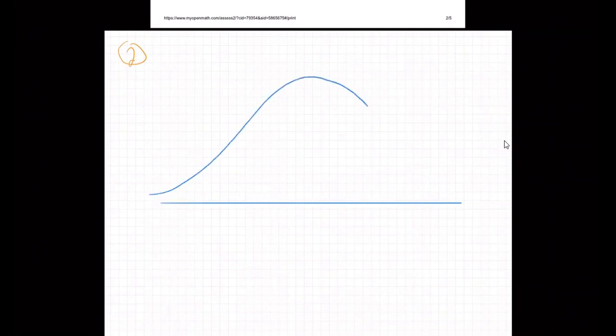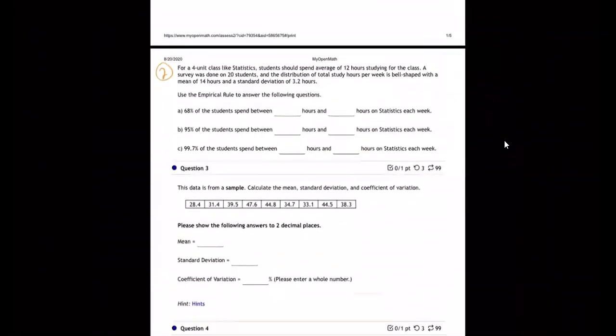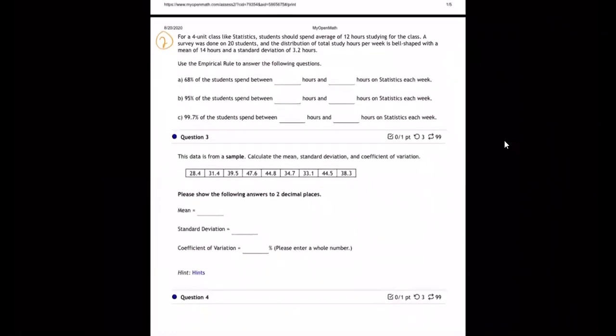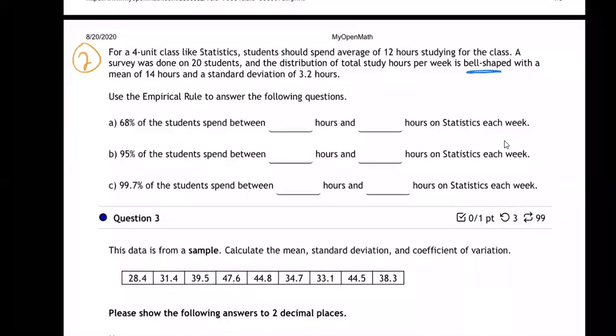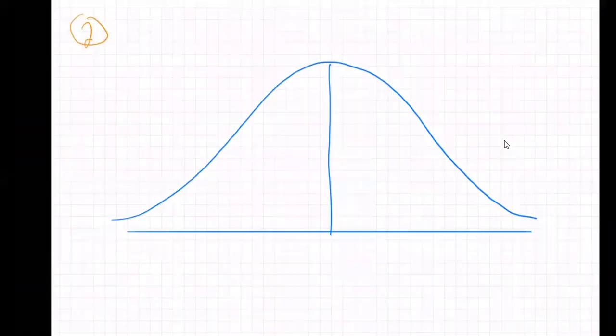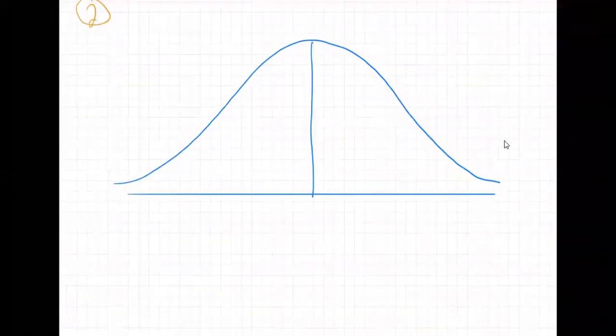So how does this work? Let me try that a little bit better. So we're going to have a bell curve here. Do the best I can. Okay, so it looks like a bell, hence the name. So the bell curve, what they're saying when they say on number 2 that it's bell-shaped, is we draw this bell, and then we put right in the middle the mean,